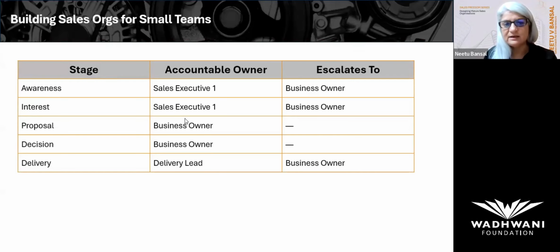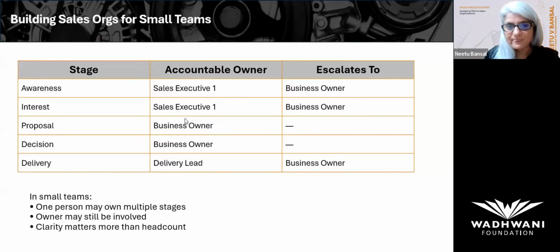So for example, here, sales executive one is accountable for 2 stages. The business owner is accountable for 2 stages, but he's also the one everything gets escalated to. And then there is a delivery head. If it is repetition, also write it down. Because when you do this,